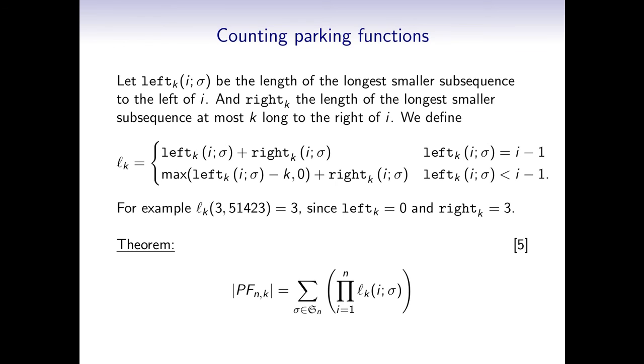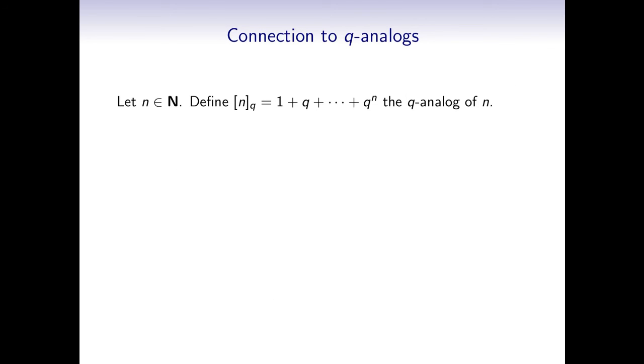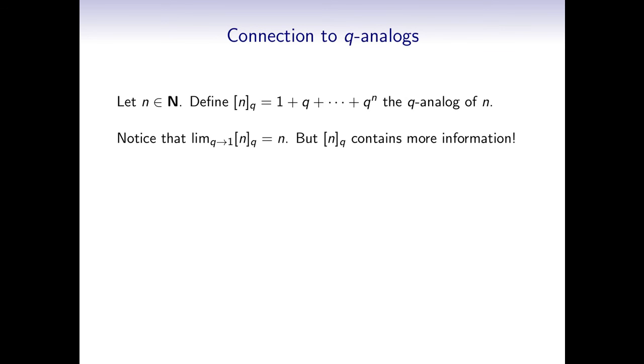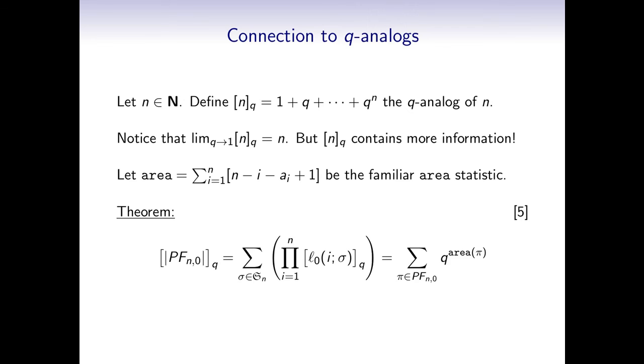In fact, we go further, and we show that the q-analog, which is the number turned into a polynomial in this way, such that the limit of the polynomial is the number itself, with some extra information thrown in, is, in fact, the distribution of the area statistic over the parking functions. And this generalizes to the k-Naples parking functions by generalizing the area statistic to the k-Naples parking functions in some way that preserves this property. And we define that in our paper,